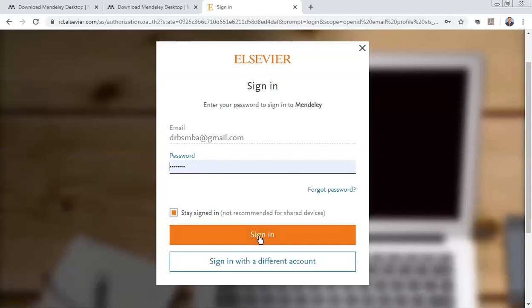Go for signing in, then automatically it will open on the desktop. Open that Mendeley desktop and fill in the email and password. The software will be opened like this.